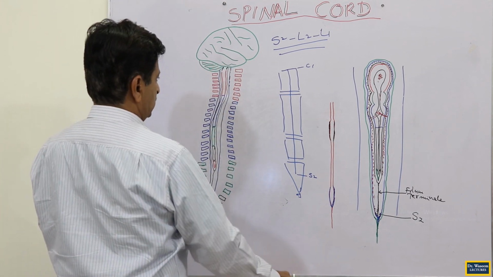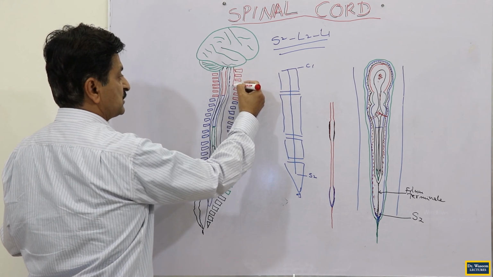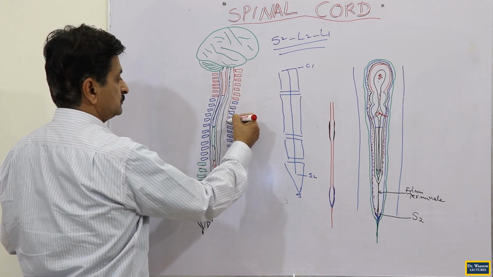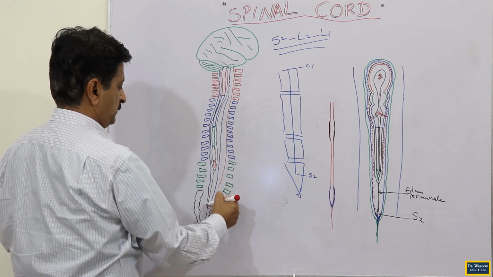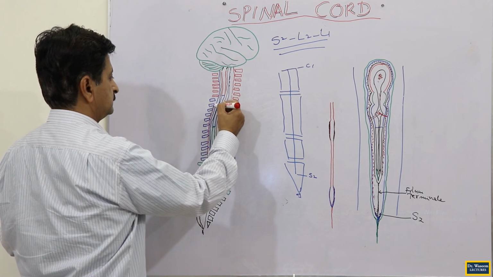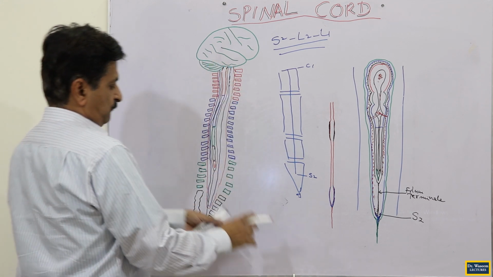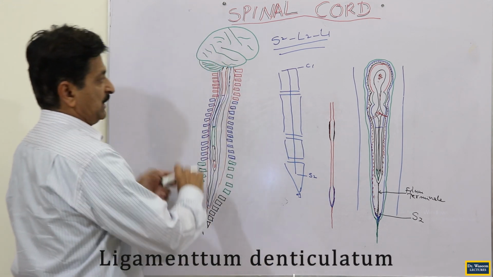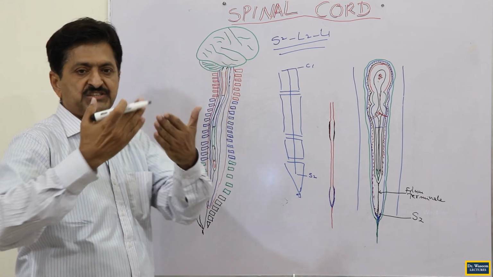And the last layer, you know that it is called the dura mater, which is now touching the inner aspects of the bone. Up to S2 level again. And here when you actually discuss the pia mater, so pia mater will give bilaterally extensions here,